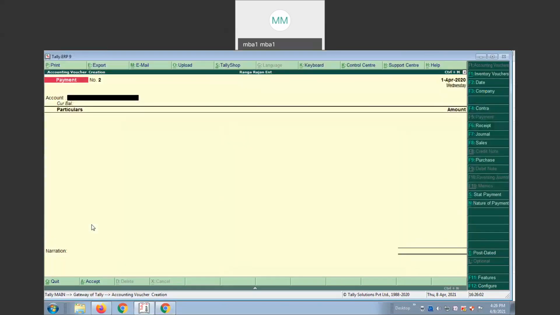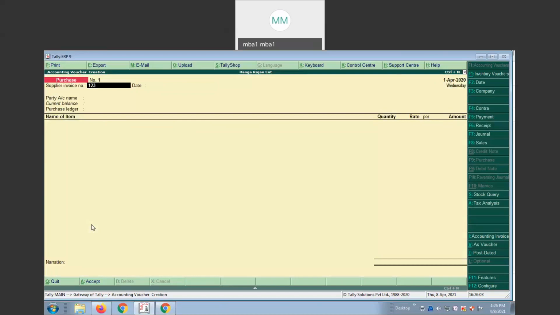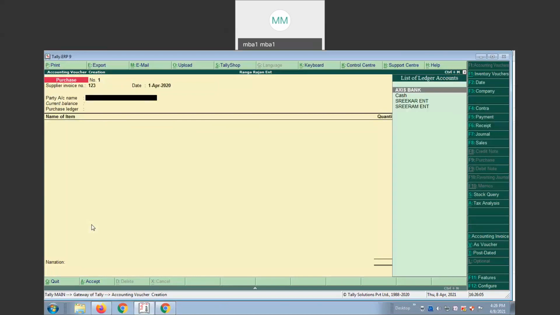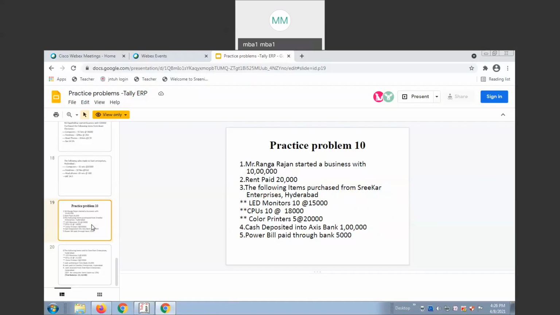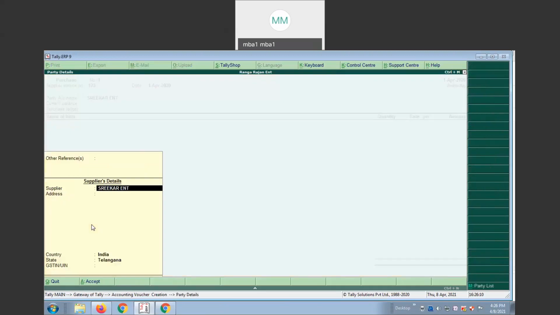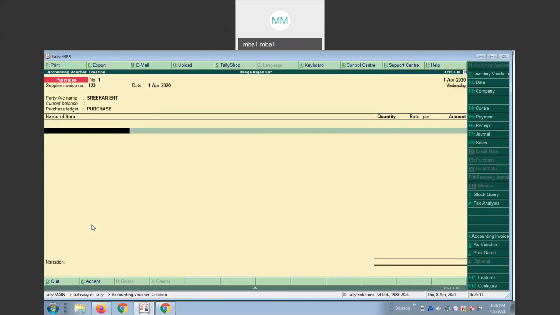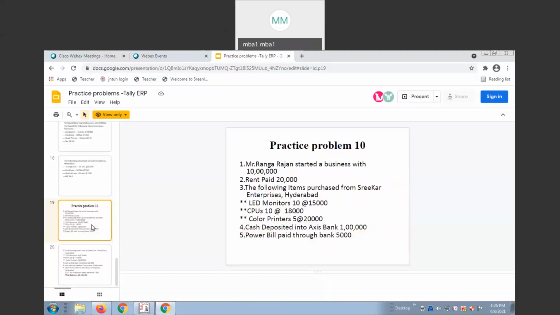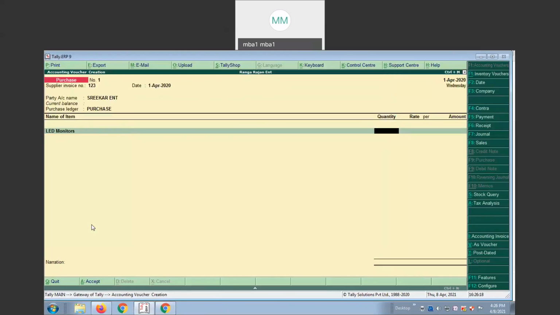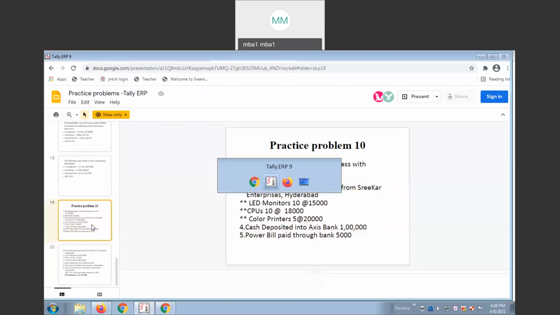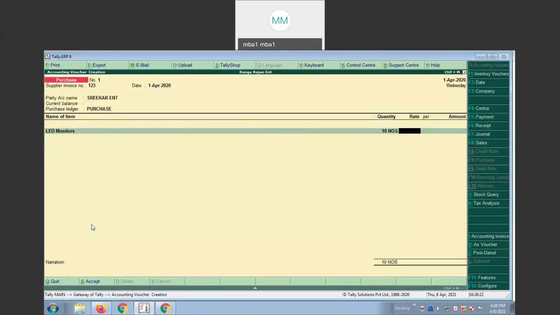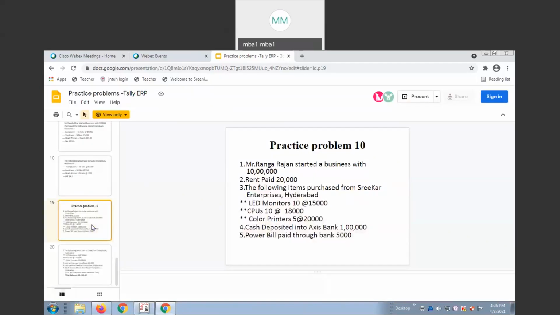Go to F9. 1, 2, 3. Party name, Srikar Enterprise. Purchase ledger, purchase. Name of the item. Select one by one. First one, LED monitors. 10 monitors, 15,000 each.